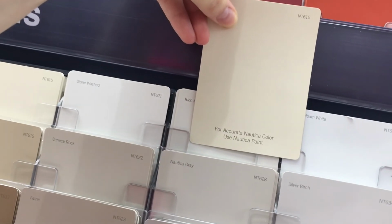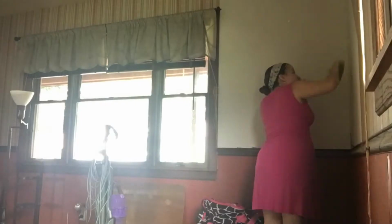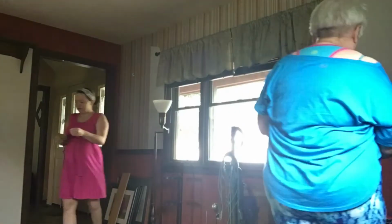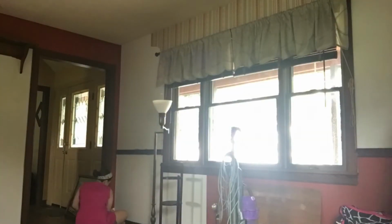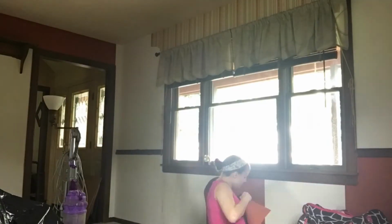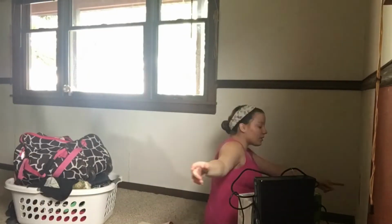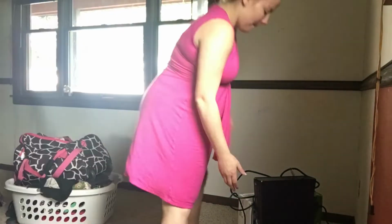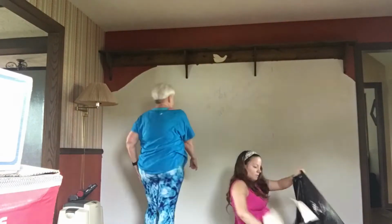I'm really into interior designing, so my mom ended up wanting all the wallpaper out of the house, so there's still wallpaper left. I'll preface by saying that. So we started in this room, and the wallpaper was not too bad to take down. We kind of just had to dampen it and then pull off pieces. There's a lot of pieces that did get stuck that were kind of a pain to get off, and then we also had to scrub the adhesive stuff off, but it wasn't that bad, especially compared to the other rooms,